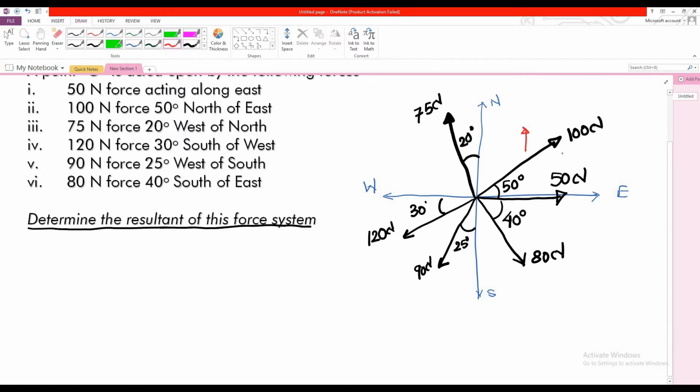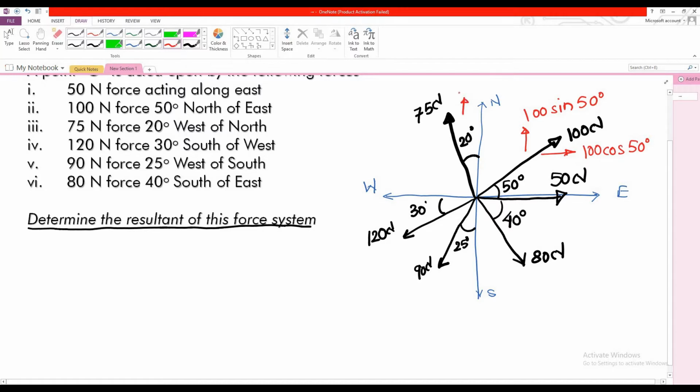Okay, this one. Which one is cos? This one is cos, because the 100 Newton force is making an inclination of 50 degrees with this east side. Therefore the component of 100 Newton which is parallel to the east side should be the cos component. This is the basic rule we are working with. We are following the same rule here. Therefore 100 cos of 50 degrees, then 100 sine of 50 degrees.